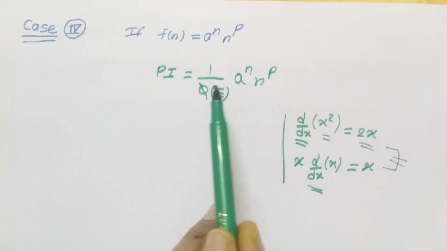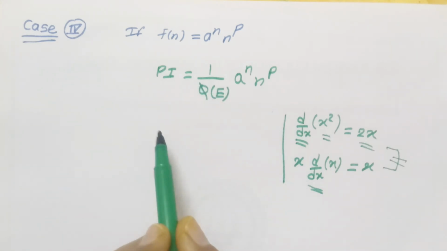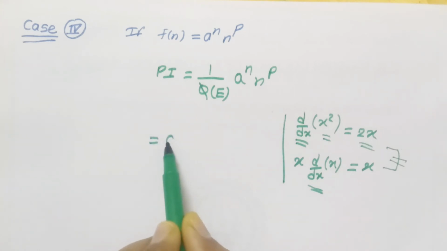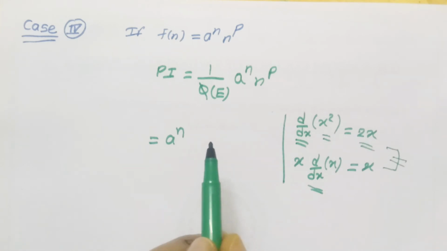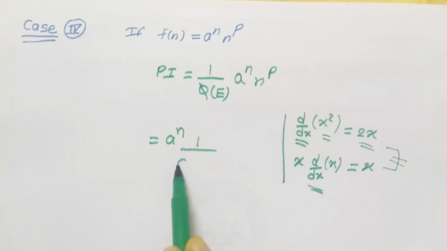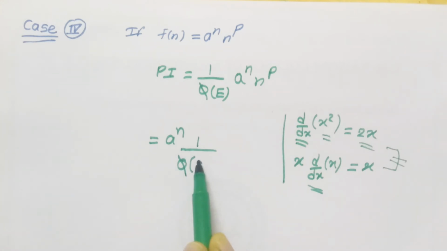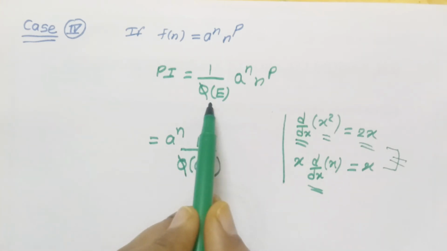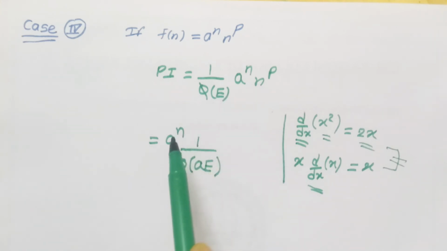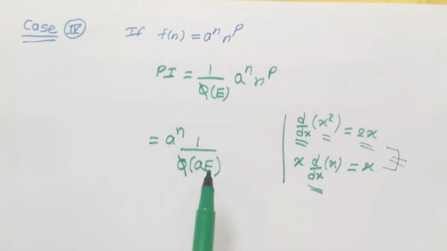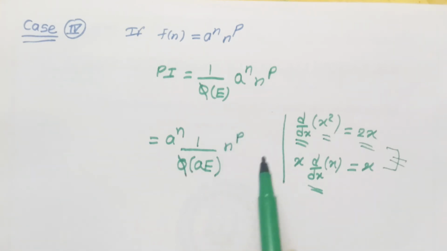तो देखो यहाँ पे भी हमें a रेज़ टू द पावर n को लेफ्ट हैंड साइड में शिफ्ट करना है, तो ये डायरेक्ट शिफ्ट नहीं होगा। क्या चेंजेस होते हैं देखिए, अगर हम a रेज़ टू द पावर n को लेफ्ट हैंड साइड में शिफ्ट कर रहे हैं तो ये जो हमारा फंक्शन है φ, ये किसका फंक्शन बन जाएगा, अभी e रिप्लेस हो जाएगा ae से। यहाँ पे जो φ ऑफ e जस्ट e का फंक्शन था, जैसे ही हमने a रेज़ टू द पावर n को लेफ्ट हैंड साइड में शिफ्ट किया तो हमारा ऑपरेटर चेंज होके 1/φ ऑफ ae हो जाएगा, और ये n रेज़ टू द पावर p एज़ इट इज़।